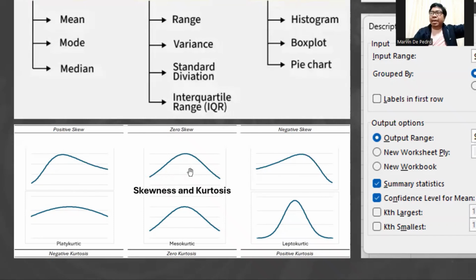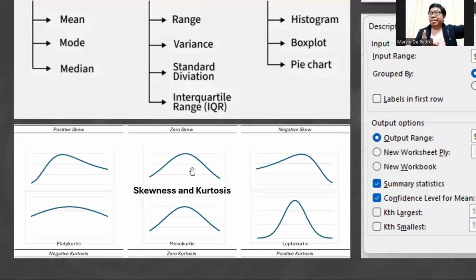Okay, and one of the most obvious indications of that is when our mean, median, and mode do not differ significantly from each other. Or in other words, if they are equal or at least almost equal, then you can say there's no skew, and most likely it will be considered normal.